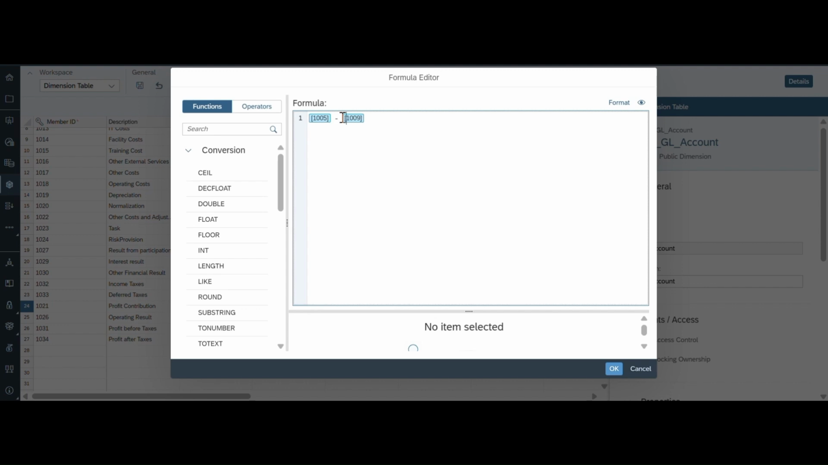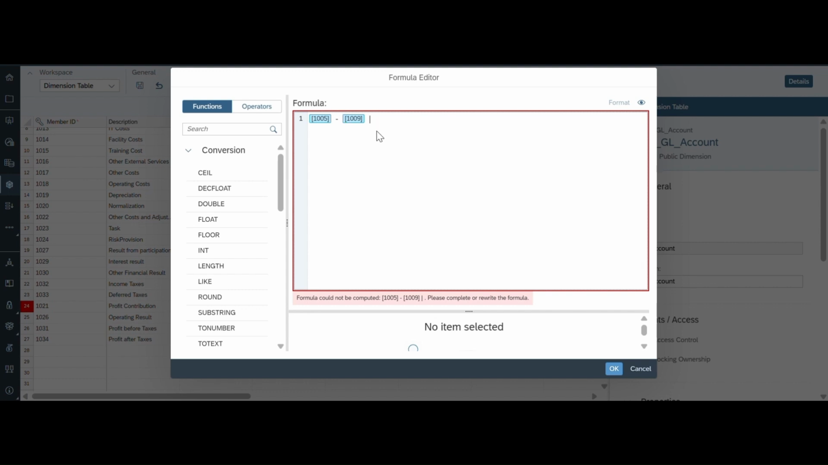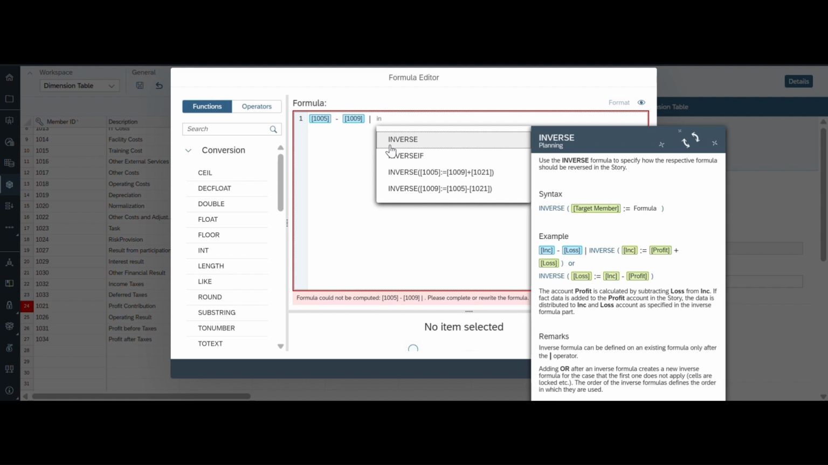Now I have to add an inverse formula. If you want to add an inverse formula, first you have to add this vertical bar. Whenever you want to add any inverse formula, you must add this vertical bar, then type inverse. So I can see the inverse function. And as you know,